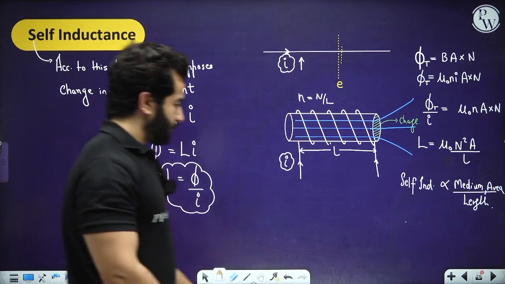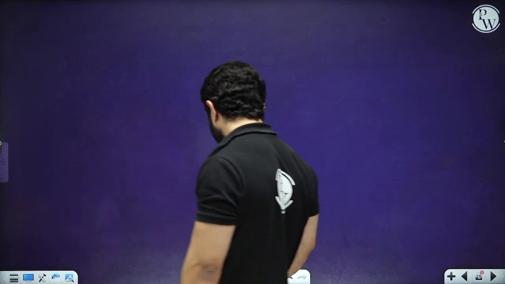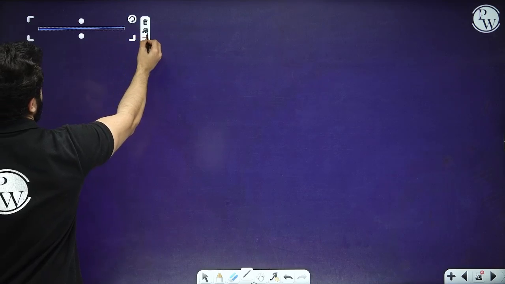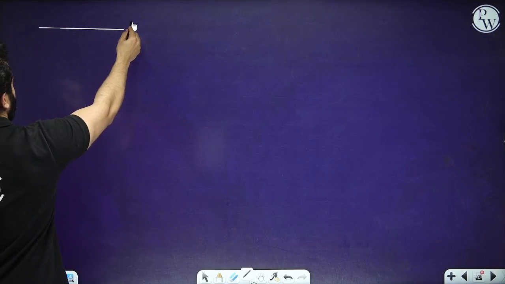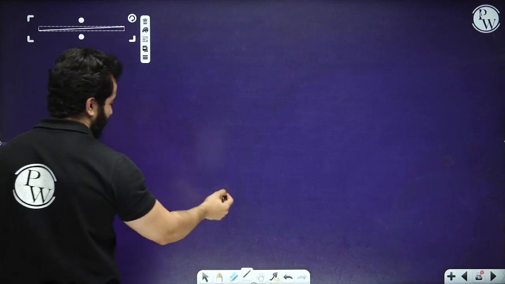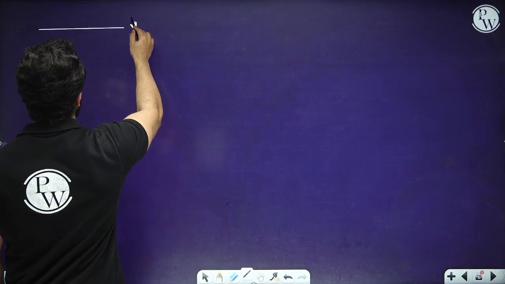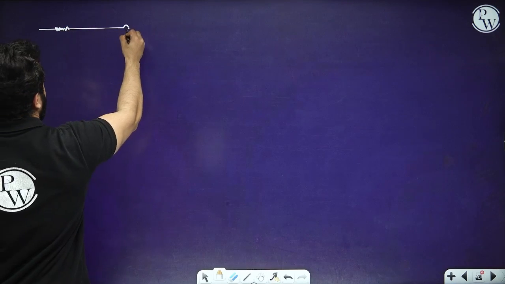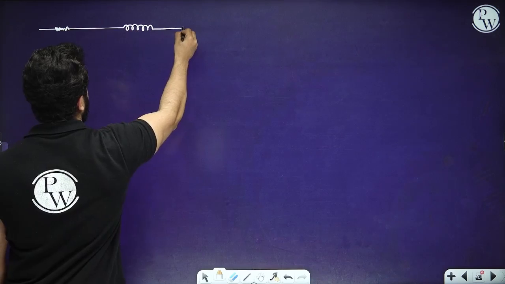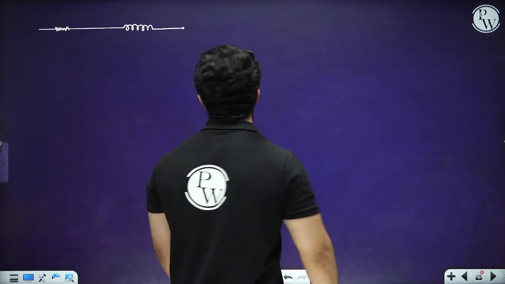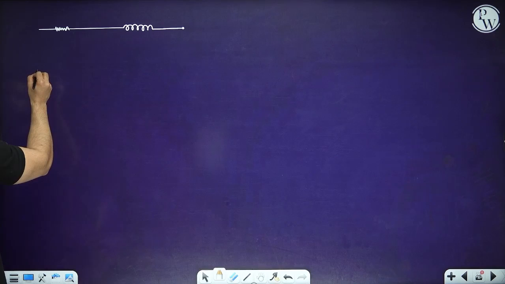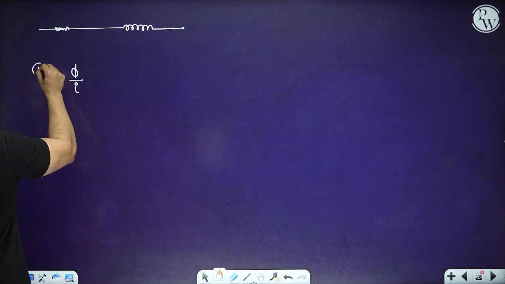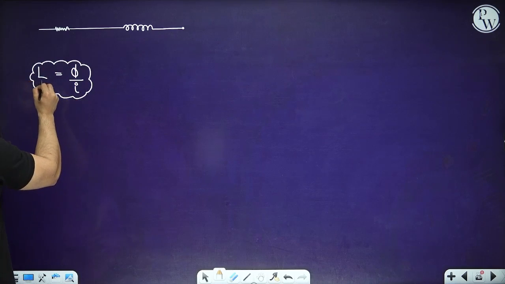So this means that whenever you are going to talk about any wire, let's suppose you have any wire. Till now we used to say that every wire has got resistance. From now on we are going to say that every wire has got resistance as well as some inductance. So it has some resistance, and inductance will be drawn something like this. This is the symbol for inductance, right? So for inductance till now we have one formula that L can be written as phi upon I. It is a scalar quantity. The SI unit of L is going to be Henry